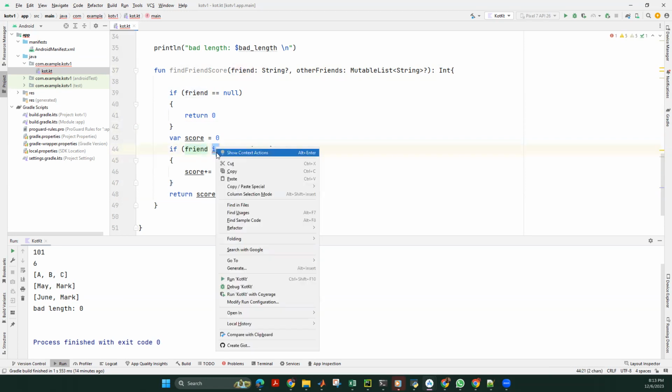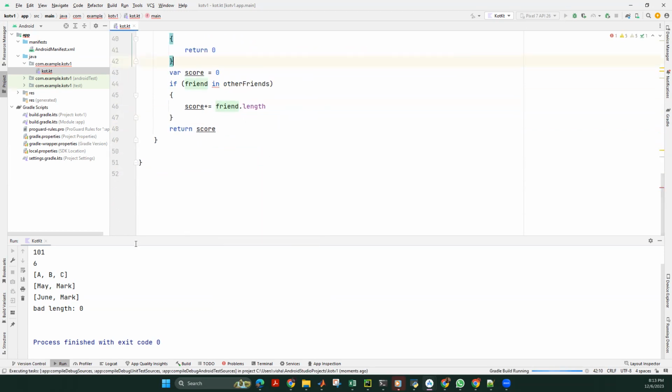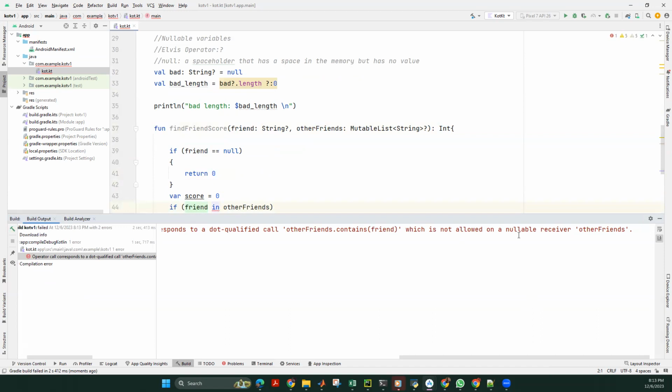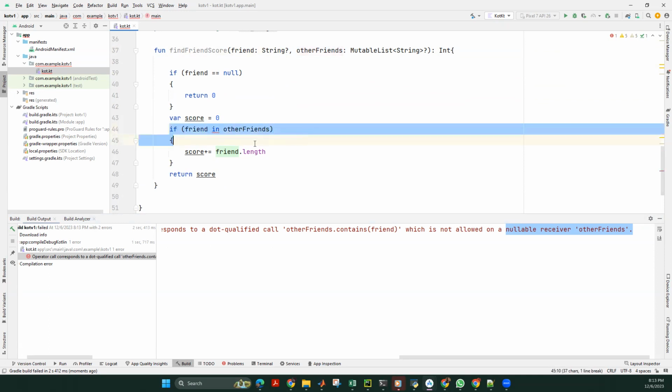So in here we get a certain error, right? I think we will run this and we will see what the error is. It says operator call is not allowed on a nullable receiver, other friends. So the list that we have can be null as well. Because of that, we cannot actually use this kind of command to obtain values from this